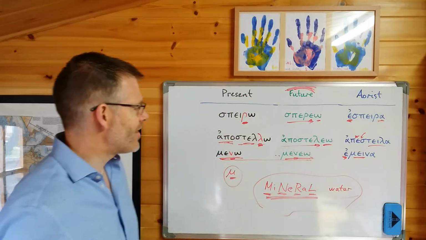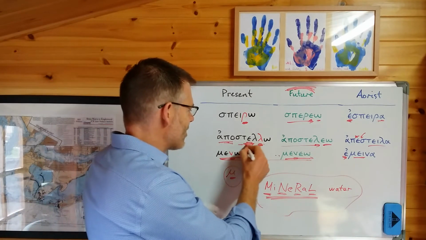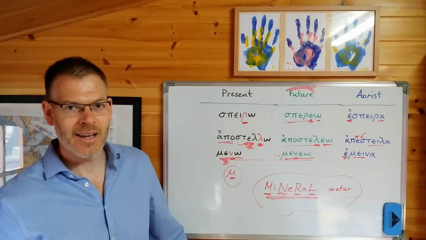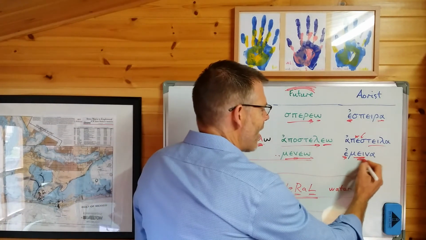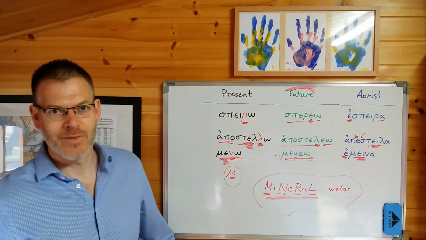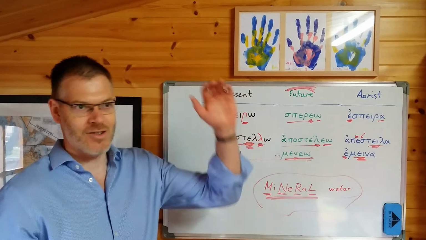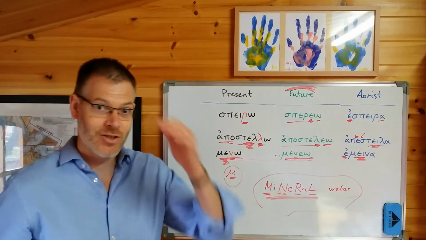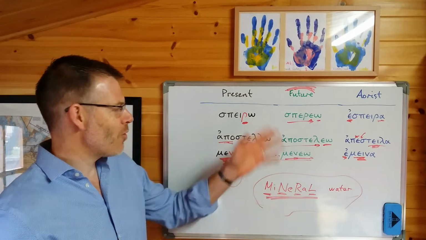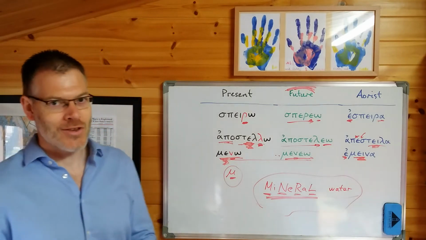Now, I haven't done a detailed study of this to see whether the epsilon sound here in the present tense of liquid verbs goes to an epsilon iota diphthong in the aorist tense of liquid verbs. Maybe somebody's done a little short project on that and analysed all the verbs in the New Testament and in other ancient Greek texts and worked out whether that's the case. I'd love to know. Stick it in the comments if it's true. But it works at least for some of these. And here's the key thing. It's the sort of clue that you need.